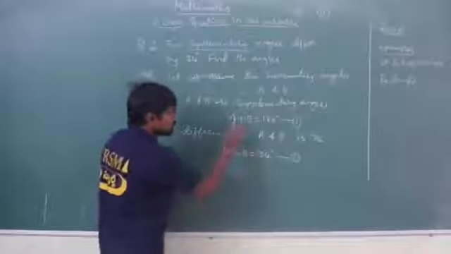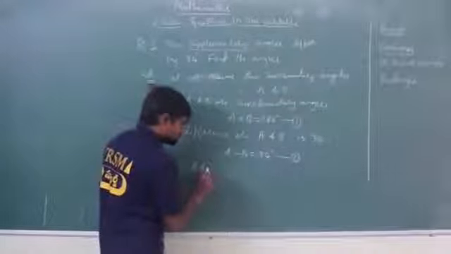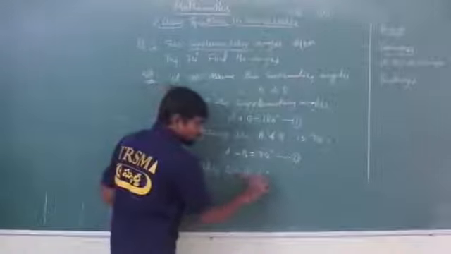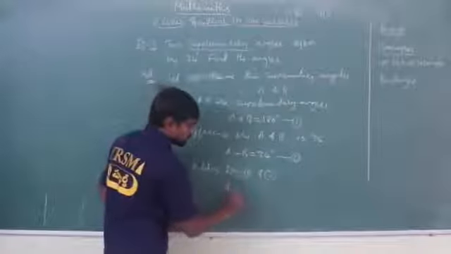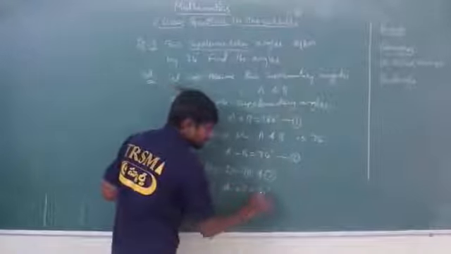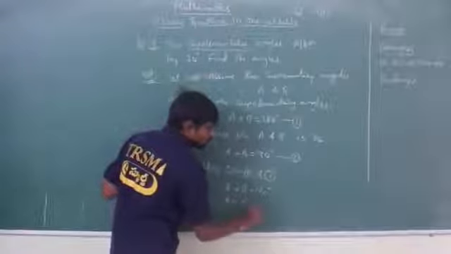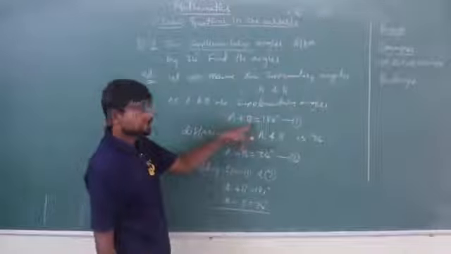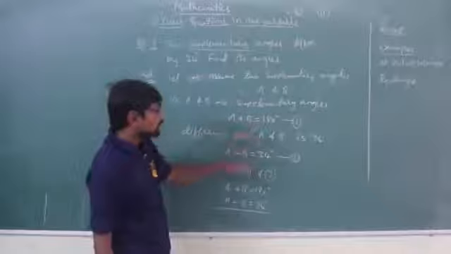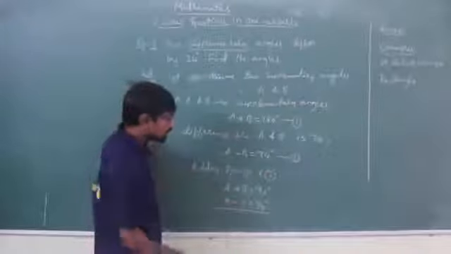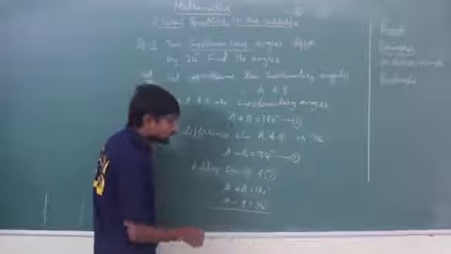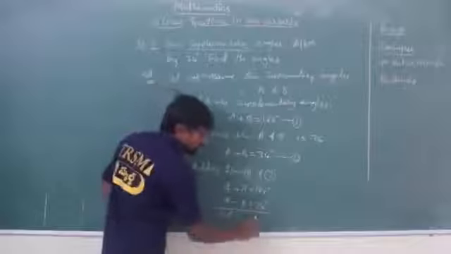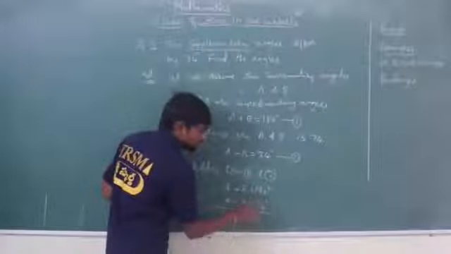So how will I do it? Directly I will add. So adding equation 1 and 2: A plus B equals 180 degrees, similarly A minus B is equal to 34 degrees. Why am I adding? Because in equation 1, B is positive and here B is negative. If I add both, plus B minus B will become 0, isn't it? So A plus A, 2A, and 180 plus 34.